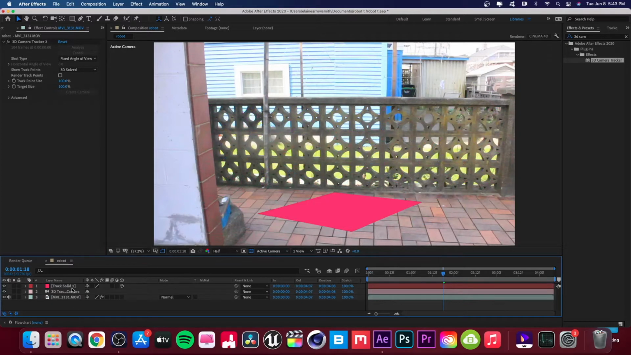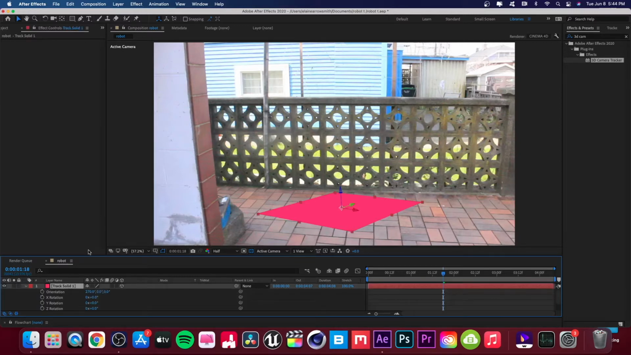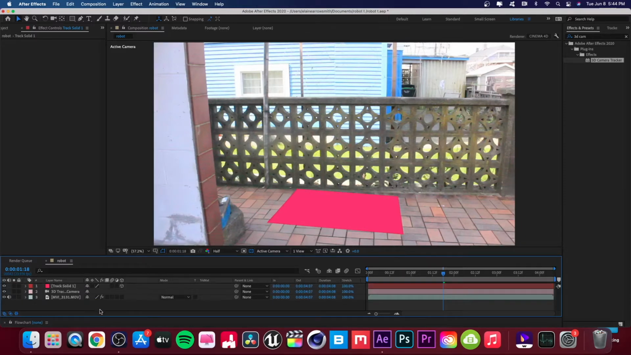So right now we have a camera that moves in 3D space that matches the exact movement of our real camera in real life. So the first thing you're going to want to do here is go to rotation, and we can just reorient this to match the tile patterns. I just like that. It looks better for me. And this is kind of where our robot's going to be. We just create a solid because it's nice to see